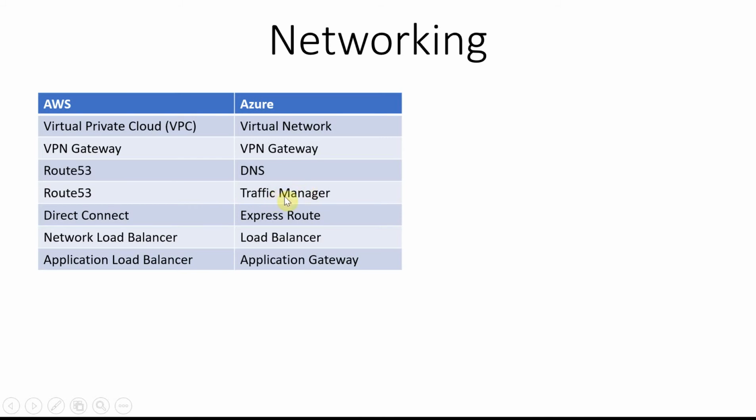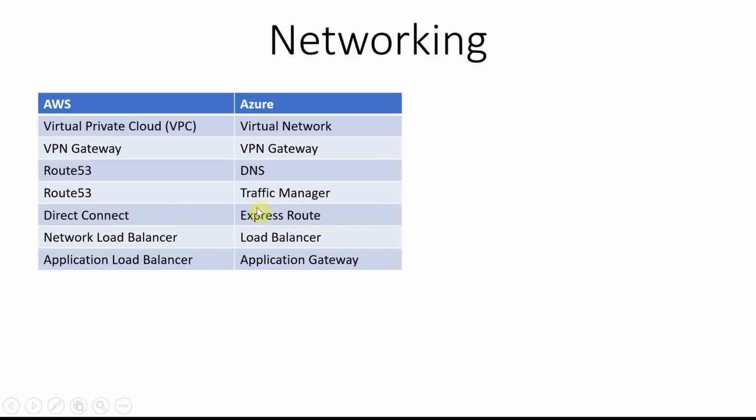So let's assume there is a virtual machine in US, a virtual machine in Europe, and a virtual machine in India. Based on the traffic that you hit on the DNS, based on whichever VM is free, you want to route the traffic. Then Traffic Manager will help you there, and you can do a lot of settings here for the rules. You can configure a lot of rules. Based on that, it will transfer the traffic accordingly.